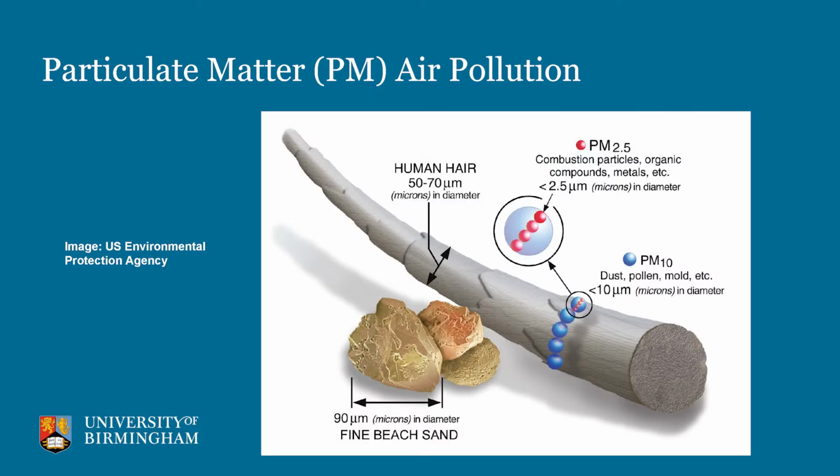So when I talk about air pollution today, what I'm going to be talking about is particulate matter air pollution. Particulate matter, as the name sounds like, are these little particles in the air that we breathe in every day. To give you a sense of the size we're interested in, the human hair is about 70 microns across. And the size that we're interested in is anything lower than 10 microns, so 1/7 of the size of the human hair.